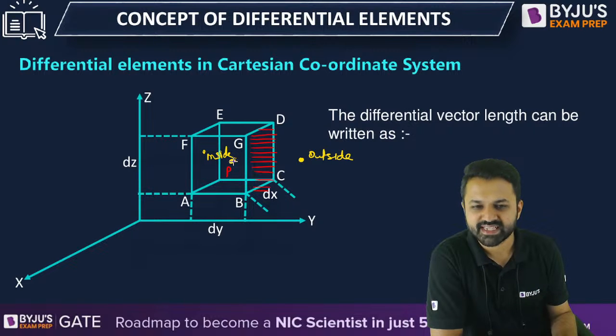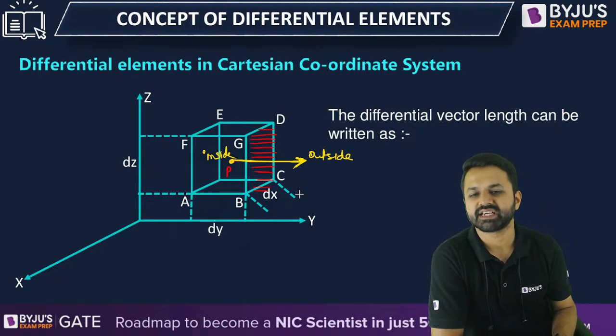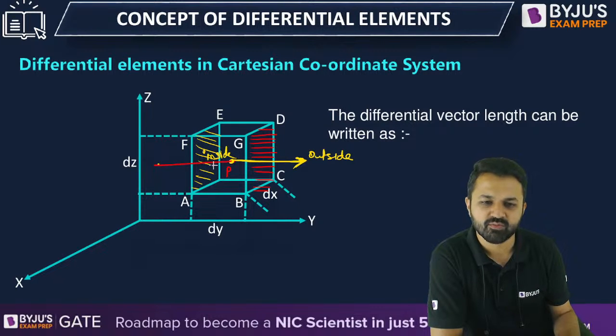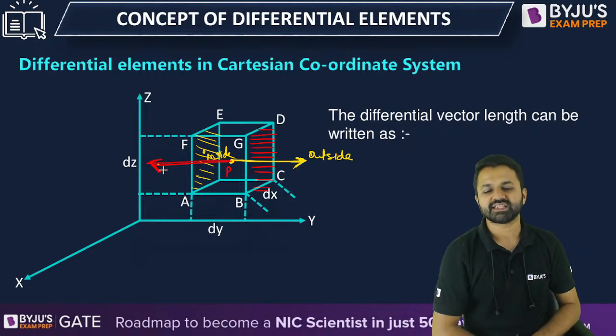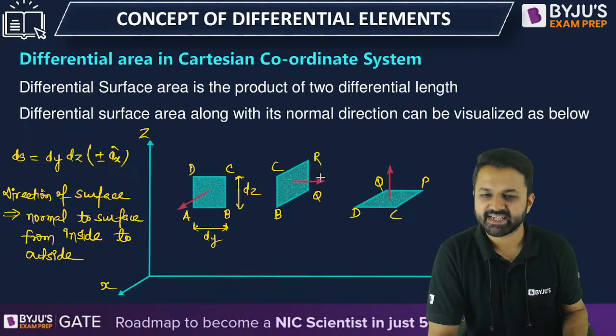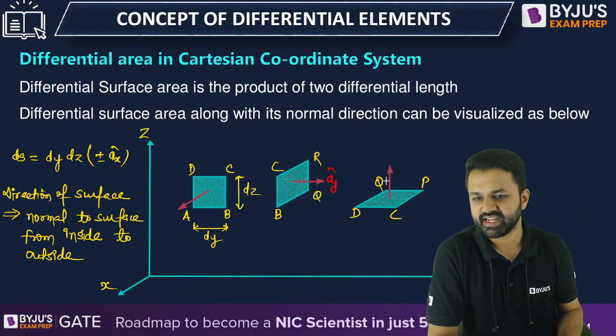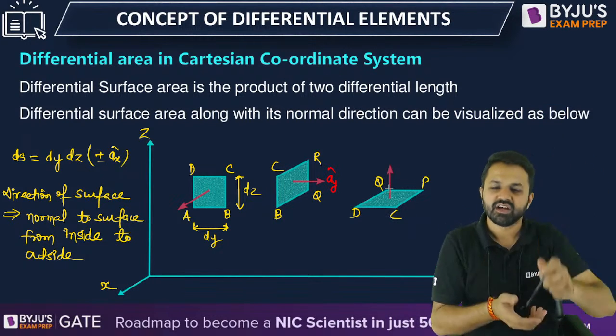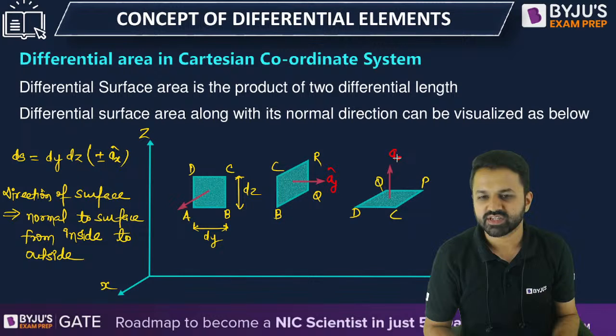Now when you move from inside to outside, normal to the surface, that will be the direction for this side surface. Similarly, if you are considering this surface, then when you move from inside to outside, you will move in this direction. So depending on the surface, you can calculate the direction. As I said, the right side will have the positive direction and the left hand side will have negative direction. And this top surface, when you move from inside to outside, you are going in the positive z direction. So this is az.